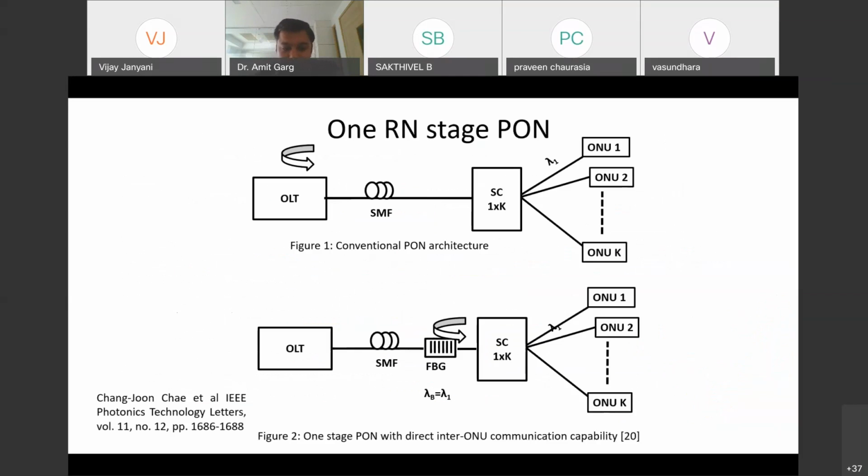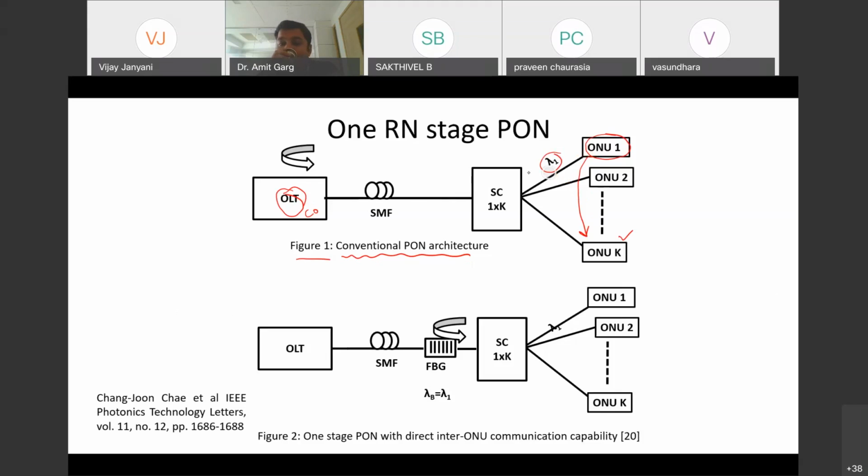Now come to this arrangement which is shown in this figure, Figure 1. This is the conventional PON architecture that I have just now explained. Here you have an OLT, optical line terminal or central office. Let us say ONU1 wants to communicate with any other ONU, ONUK, and it is communicating at lambda 1.